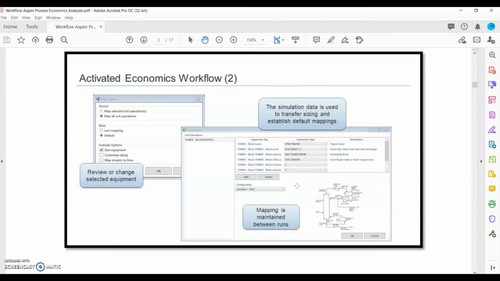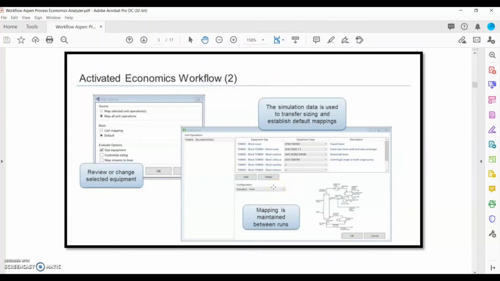For example, let's say the default type of heat exchanger is a shell and tube heat exchanger, but because the heat transfer area is very small, therefore shell and tube heat exchanger is not appropriate. So you can change the type of heat exchanger into, let's say, a plate and frame heat exchanger, and so forth.